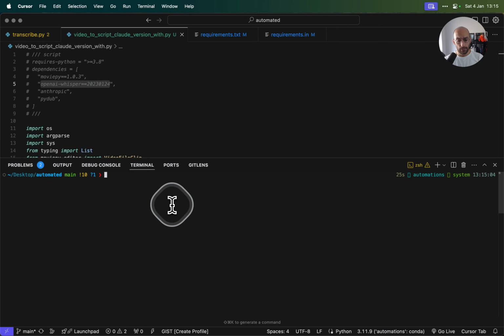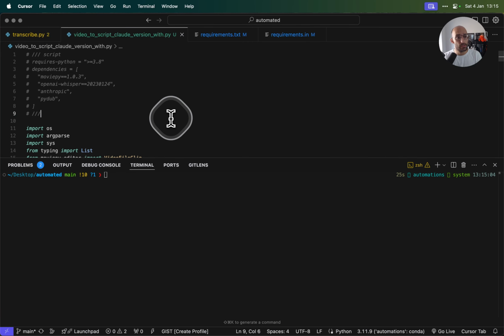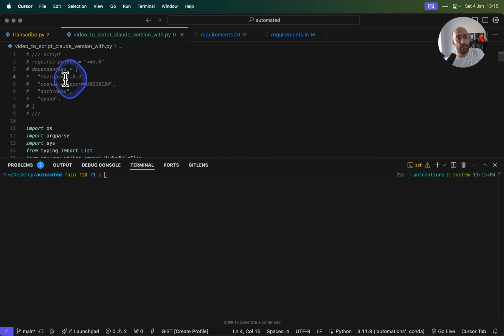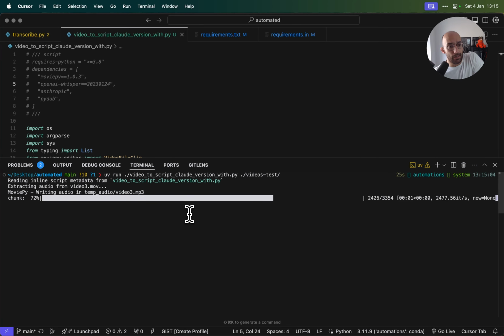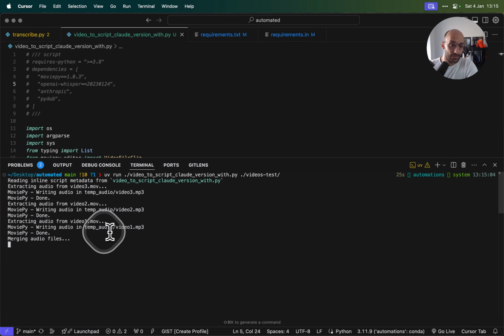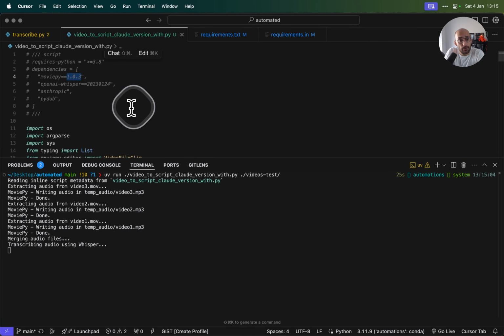Now we can run, and I did not make any changes to the script itself, just to this part from the UV inline metadata. I just added the two dependencies. And now when I run this, there you go. It's reading the metadata and now it's executing the file first try, which is really cool and really impressive, even though we had a little issue to solve with the versioning of the dependencies